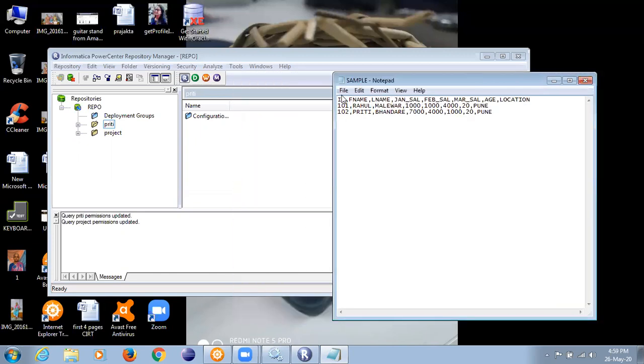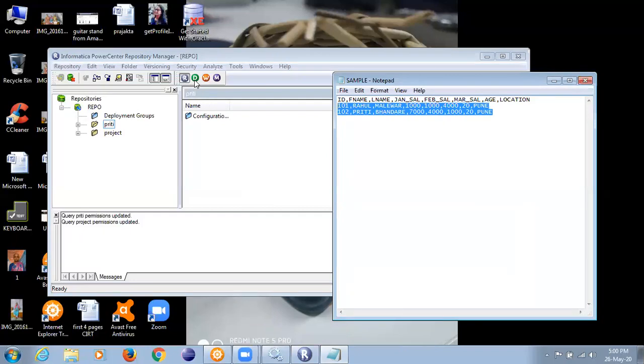So the first header, right? You understand the headers. So I will never have the feature to get the data inside Informatica, because Informatica is not meant for storing the data. The data will always reside in the files only, or the data will always reside in the table only. Am I clear? Okay. So let us start the process.